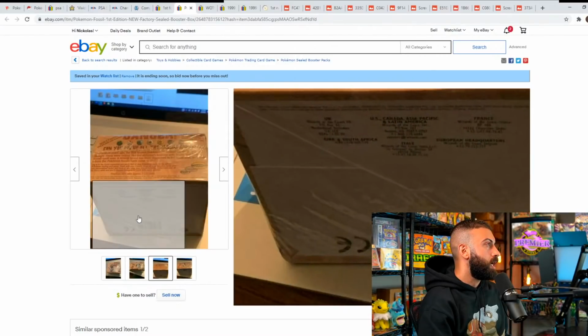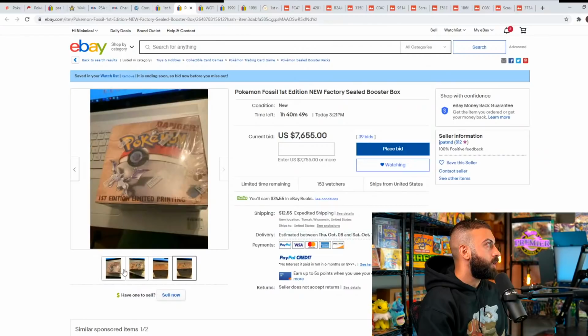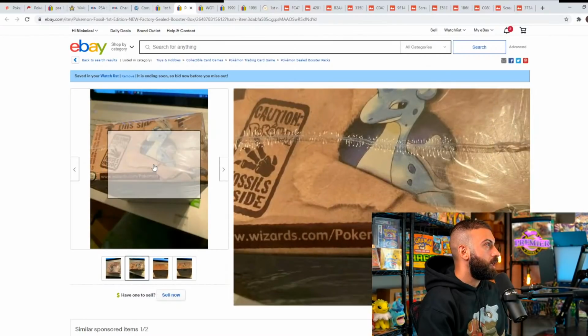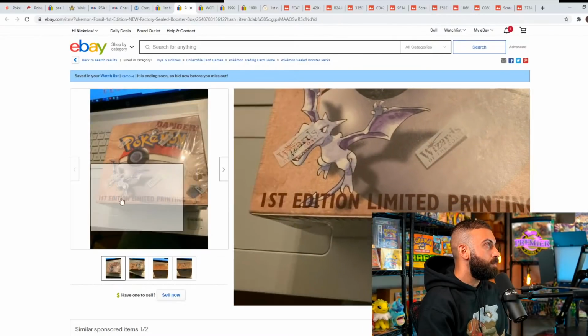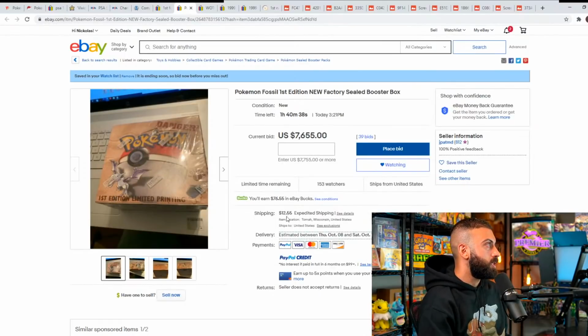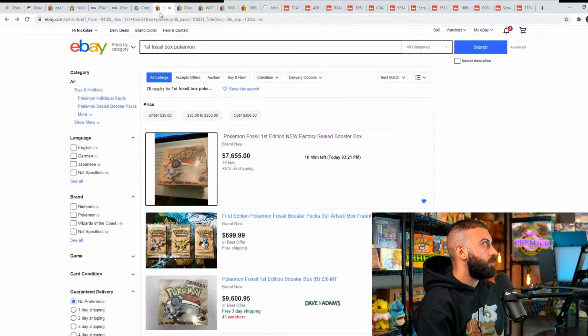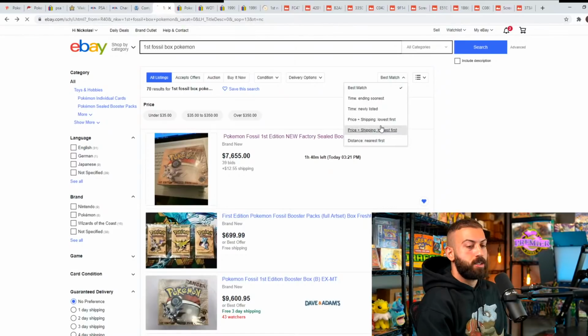The bottom doesn't look beat up on this one. The seller has a good amount of feedback. It's got a little bit of a bulge on the side there. It's not mint, but it's not terrible condition either. But it's at 7,600. You might want to consider bidding on this one. You might be able to get it under 8,500. But other than that, if I go highest to lowest,